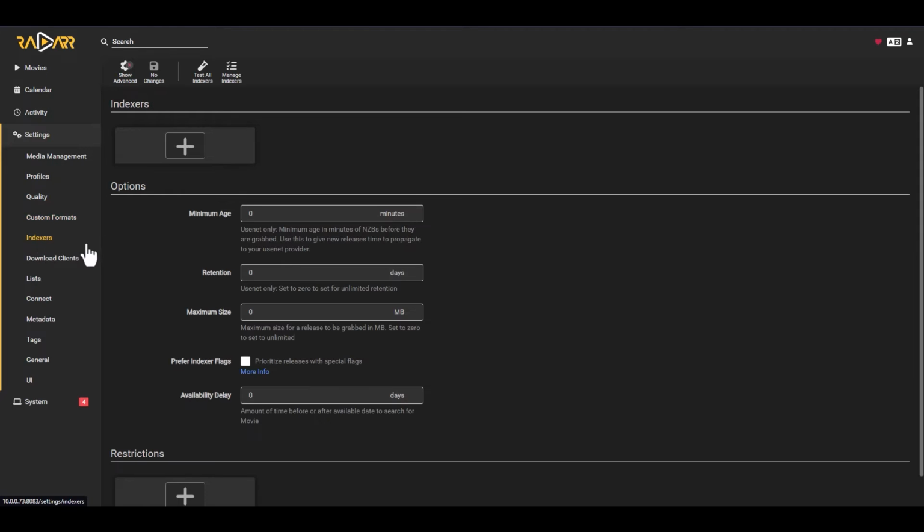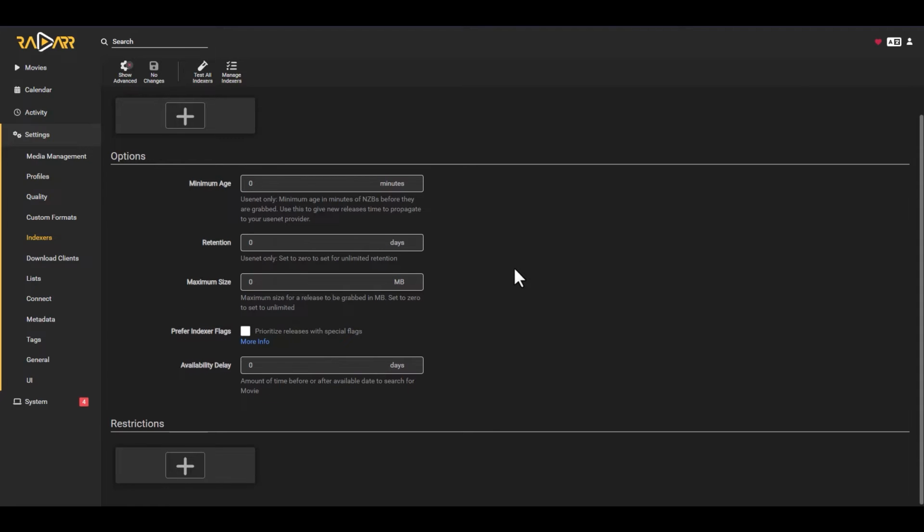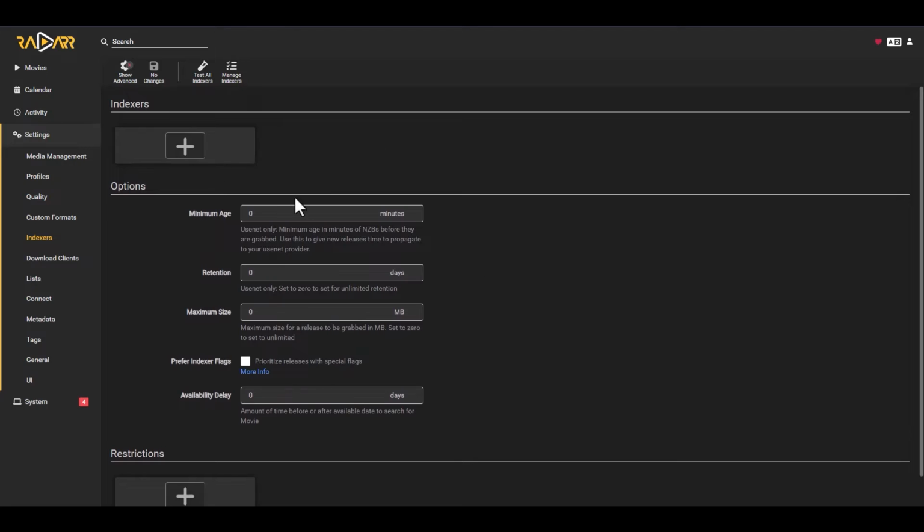affected me. And the indexers, once again, we're going to do something here, which is we're going to use another application for specifying our indexers here, which is named Prowlarr. So we're not going to touch it now. We're going to use Prowlarr to populate this. The next thing we want to do, and this is where we do have to make changes, is we go